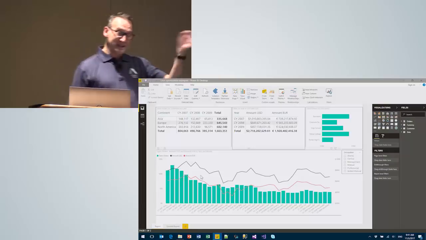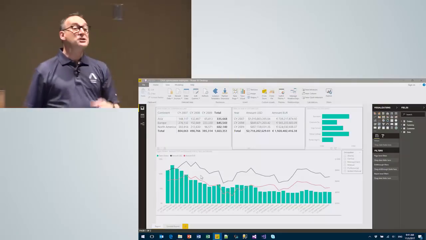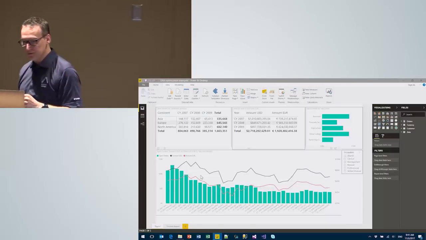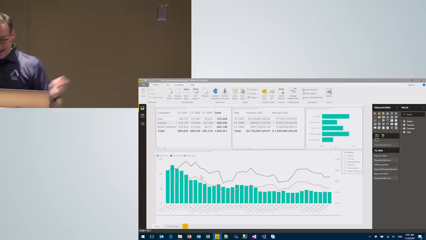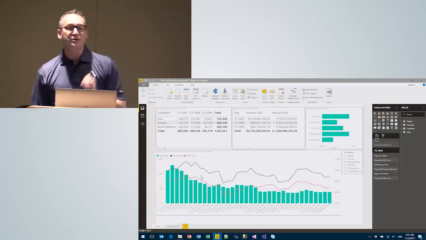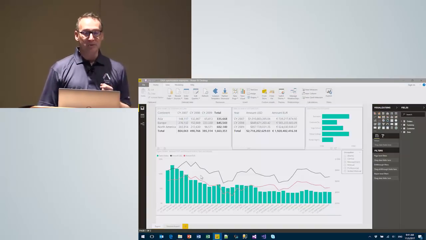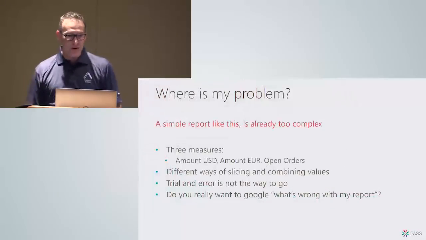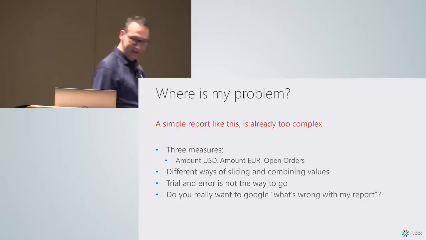Nevertheless, just connecting to it moves you into the unsupported area. So Microsoft does not support anything of what we are going to do from now on. But that said, we need to do it, and so we do it. So if you want to analyze your report, the first thing that you need to do is search for a